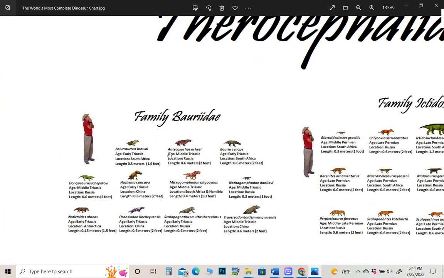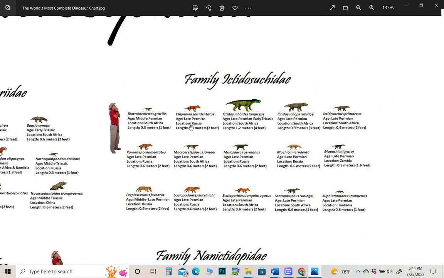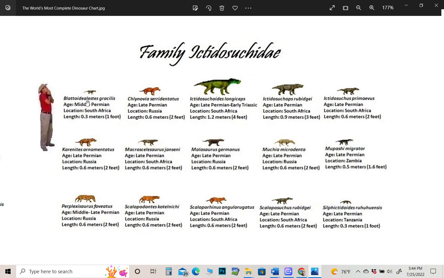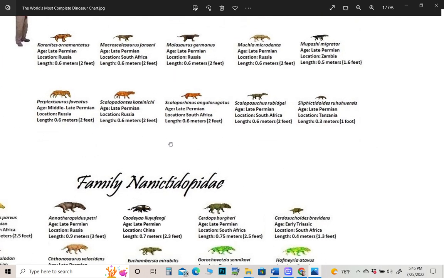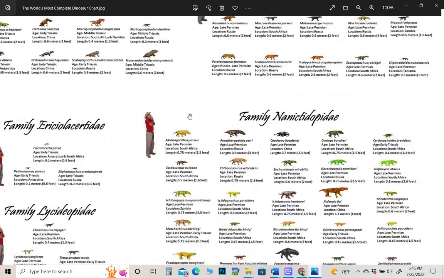The Barides: Alurosuchus, Anticosuchus, Baria, Dongosaurus, Hazenia, Microgomphodon, Nothogomphodon, Notectoides, Ortosiodon, Scalopognathus, Traversodontoides, and then the Ichthyosuchids, Blatoidealistes, Chilonovia, Ichthyosucoids, Ichthyosucops, Ichthyosuchus, Carnites, Macroscalosaurus, Malasaurus, Muchia, Mupashi, Perplexisaurus, Scalopodontes, Scaloporhinus, Scaloposuchus, Sylphictidoides, and the